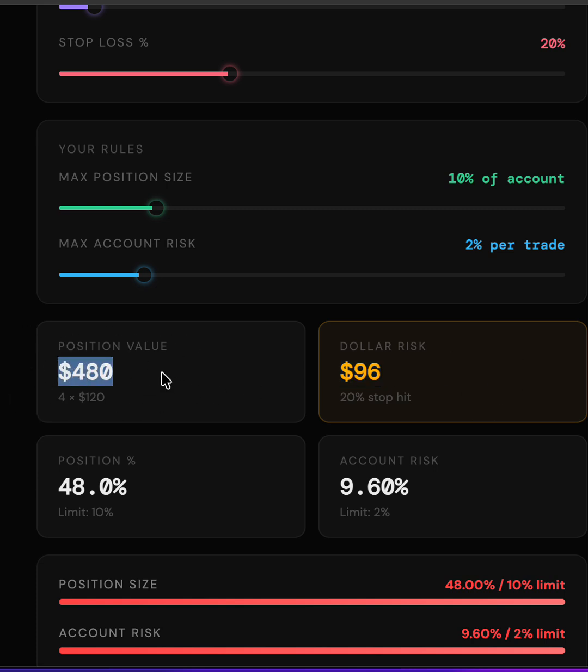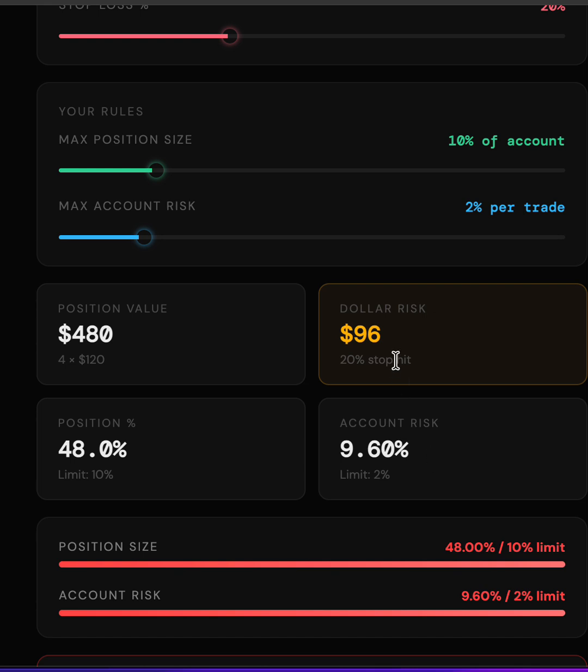Your position size is 480. But this is when the numbers really show: if this stop loss is hit, you're risking nearly 10% of your total account. And I think that risking 10% of your total account, you can imagine after a couple of trades, you're going to blow that account. And it's just something that I think a lot of traders don't cover,